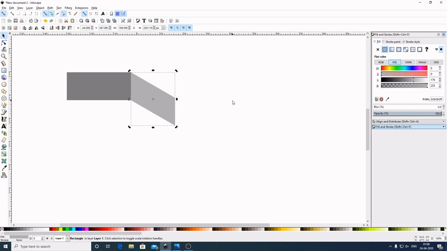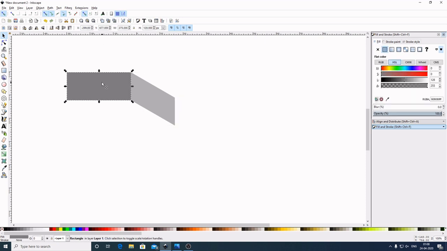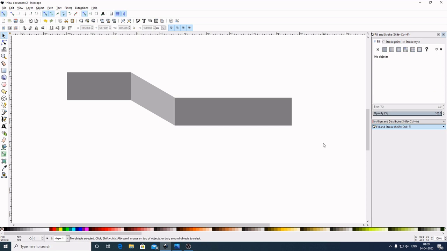Now select out of the graphic to deselect. Now again I will select this. I will make a duplicate of this. Now this time we can use a keyboard shortcut to duplicate, which is Ctrl D. Now place it here. Now I will select this one and I will bring this rightward to make it bigger. This much is better. Now select out of the graphic to deselect.